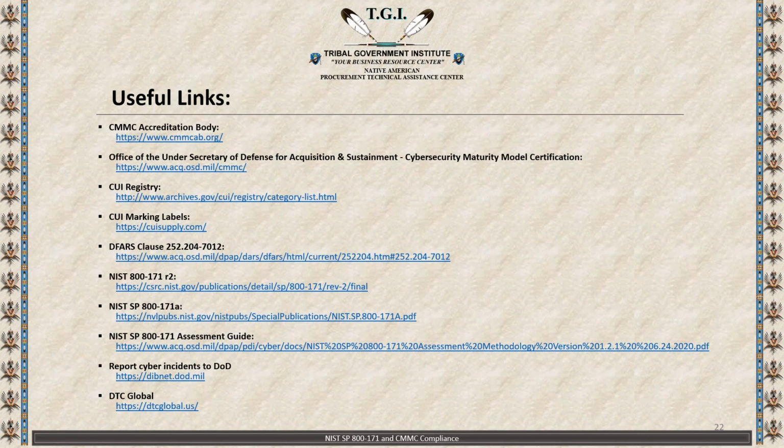The reason I included that link is because there's another company out there called DTC Global Services, and they're out of Florida. DTC Global is out of Texas, and they do have people within that company that are on the official CMMC accreditation body. So, I mean, they're going to get you there.